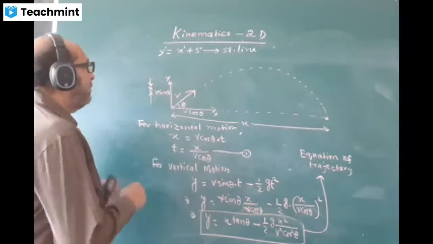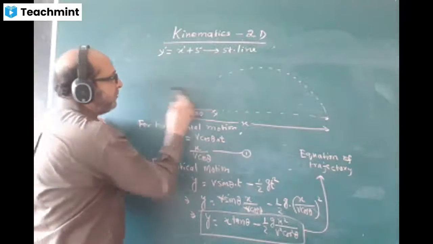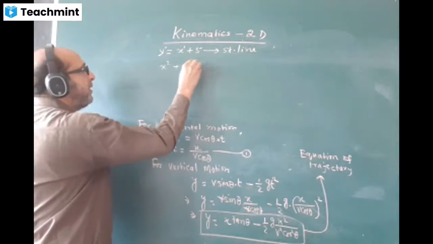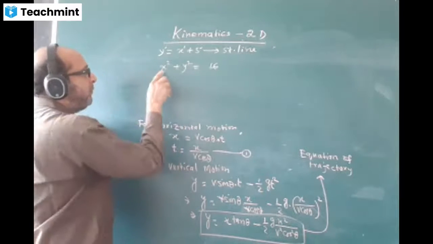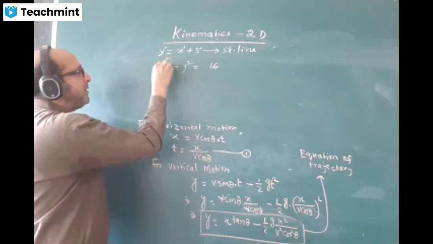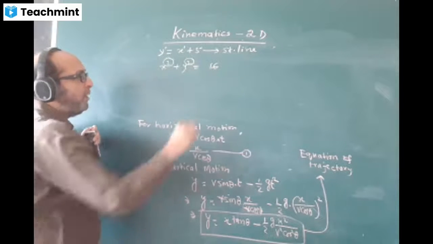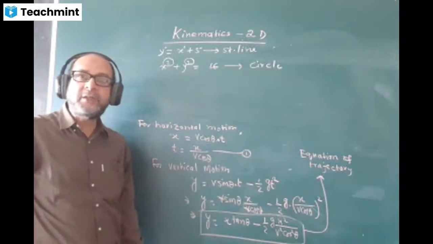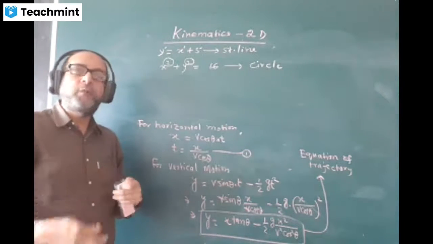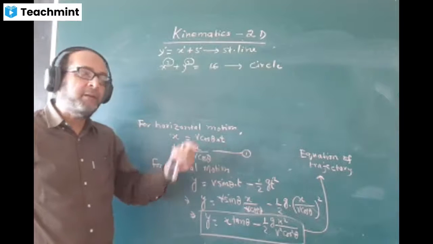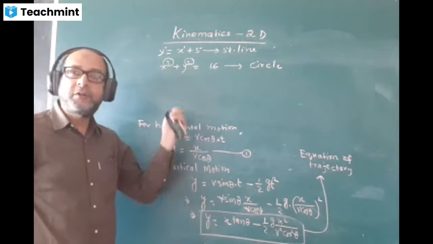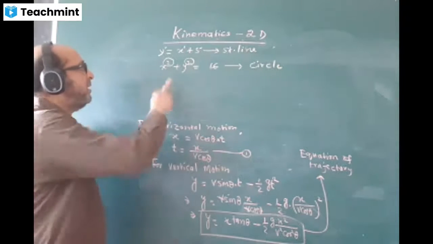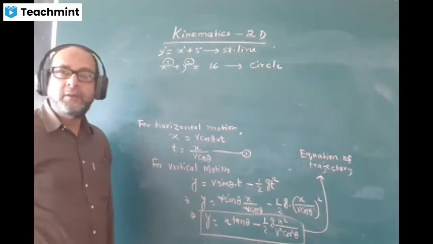Okay. Now, if the equation is coming like this, x square plus y square is equal to something, we look at the power of x and y. The power of x is 2, the power of y is also 2. It will represent a circle. It will give a figure of a circle. In mathematics also you will know, but later on, not now, I think you will be taught coordinate geometry, and there will come the equation of a circle. So such an equation will represent a circle.